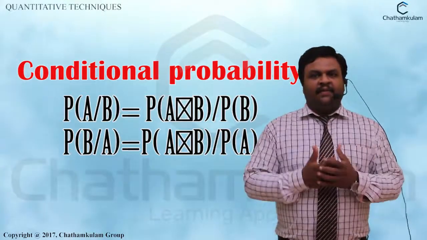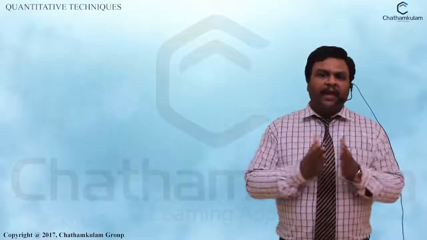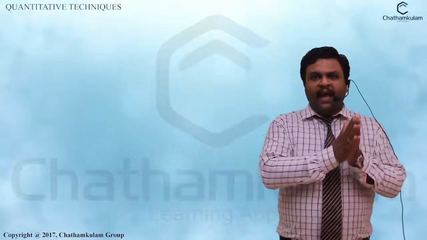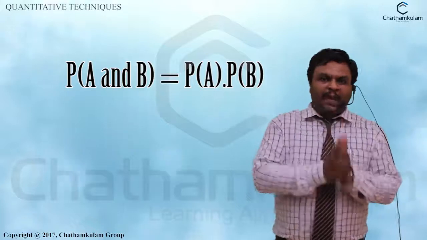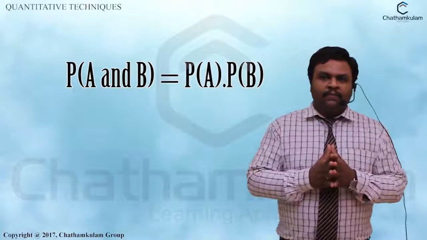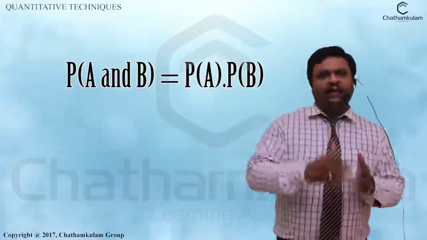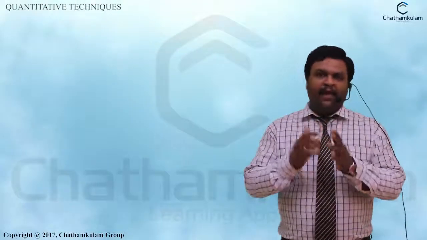Then after that, we can define the multiplication theorem for probability as: if you are considering two events A and B, then the probability of simultaneous occurrence of the two events A and B is equal to the probability of happening of one event multiplied by the conditional probability of the other. This is the definition for the multiplication theorem related to dependent events.